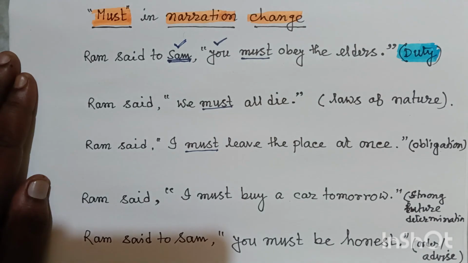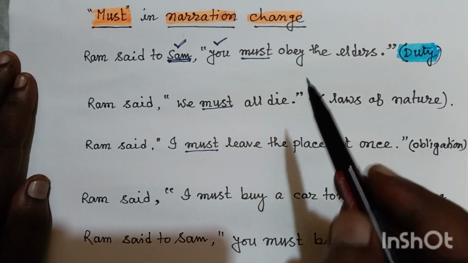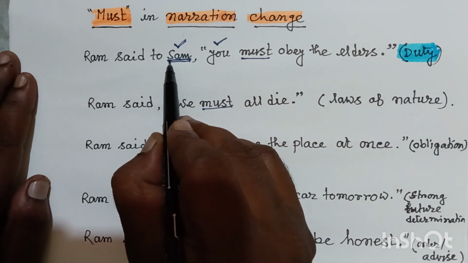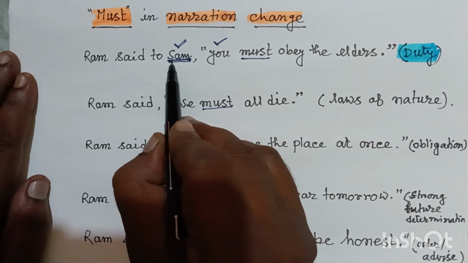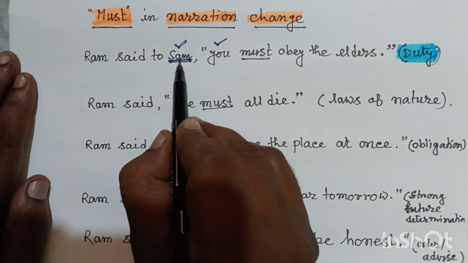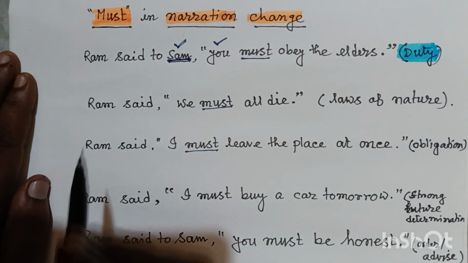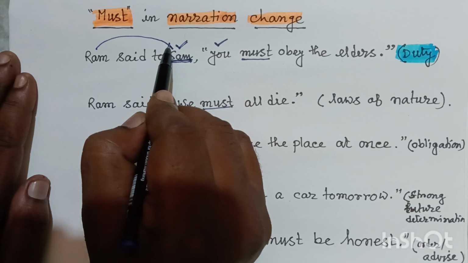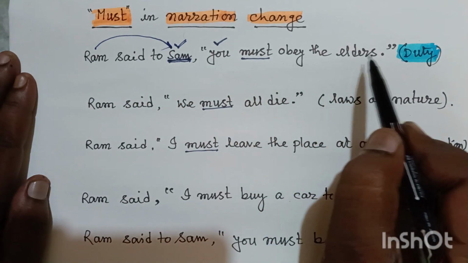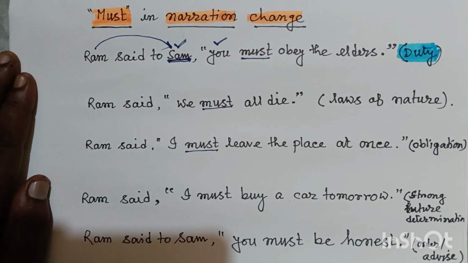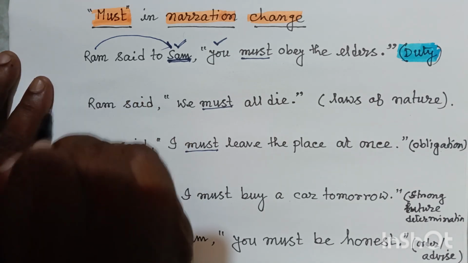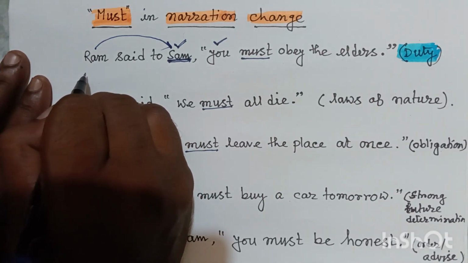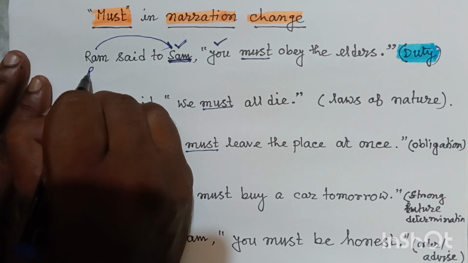That means we cannot force Sam to obey the elders. It is entirely dependent upon the mentality of Sam. That means the subject here, Ram, cannot force Sam to do such kind of activity. It is called duty. Now, at the time of indirect speech, we have to write down Ram